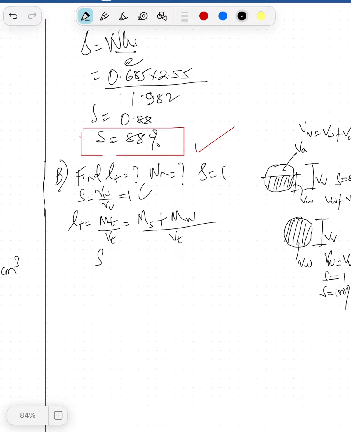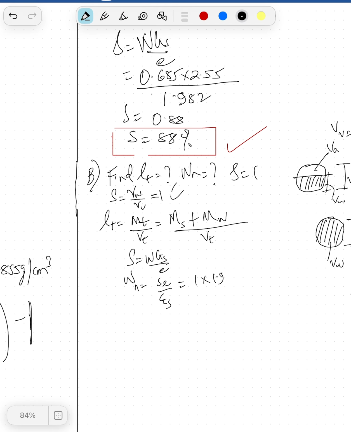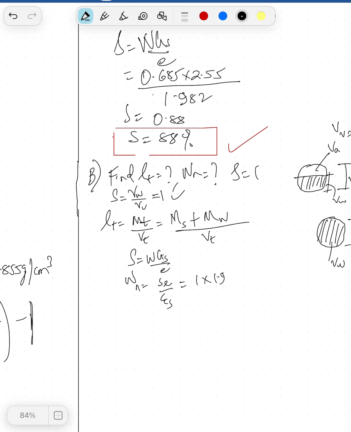Recall that S equals WGS over E, right? We know that. And water content equals SE over GS, which equals our S is 1 times 1.982 over 2.55. We already know void ratio. The question doesn't say that the void ratio has changed. So based on this, our water content has increased: 1.982 divided by 2.55,